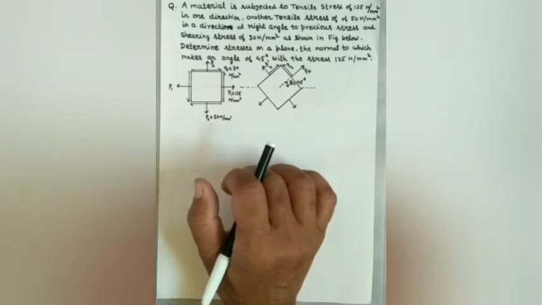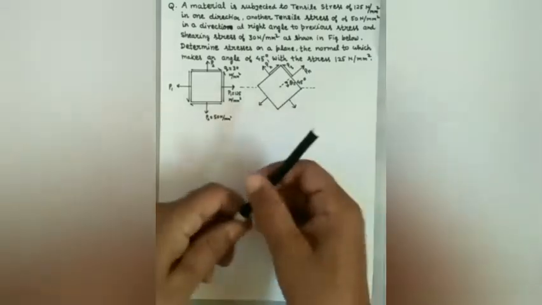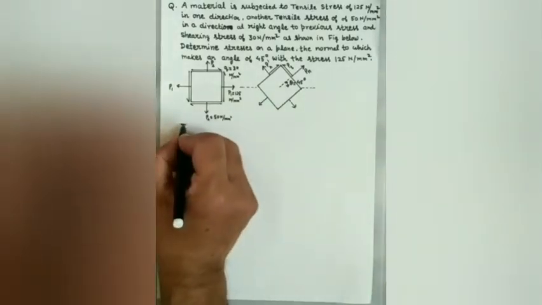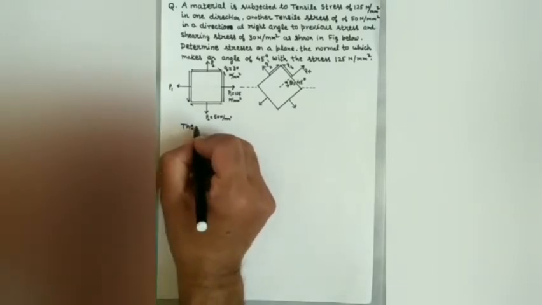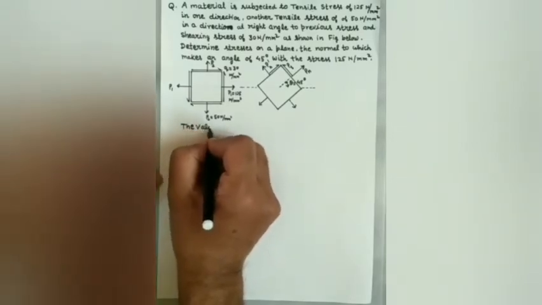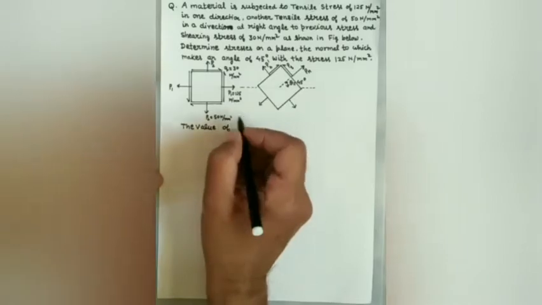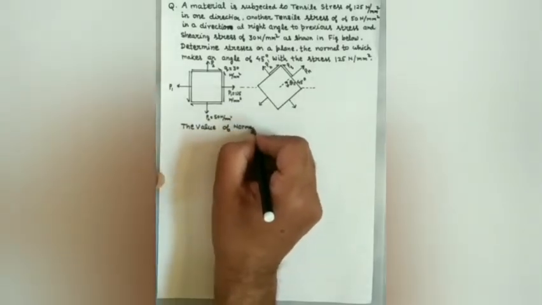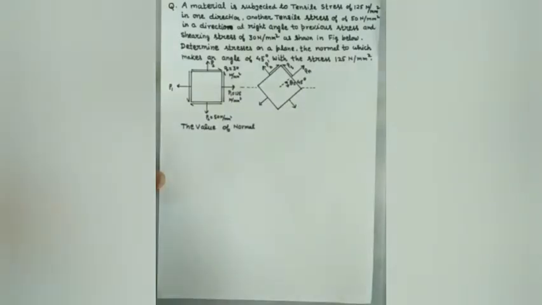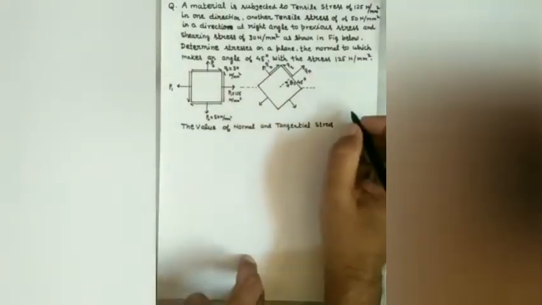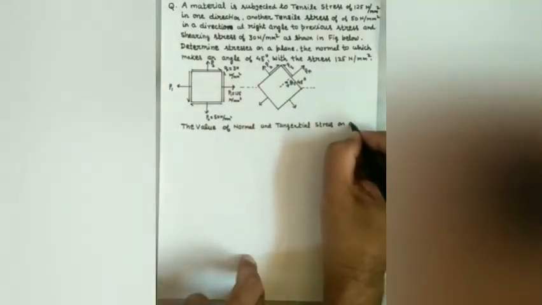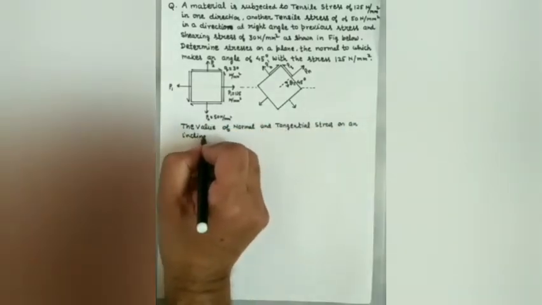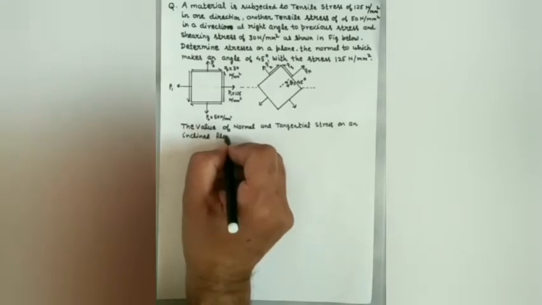So as in the figure, on one face stress P1 is equal to 125, and on another face which is at right angle P2 is 50 Newton per mm square. The shear stress is 30. We have to find the normal stress on a plane which is inclined at 45 degrees. So the values of normal and tangential stress on an inclined plane are given by